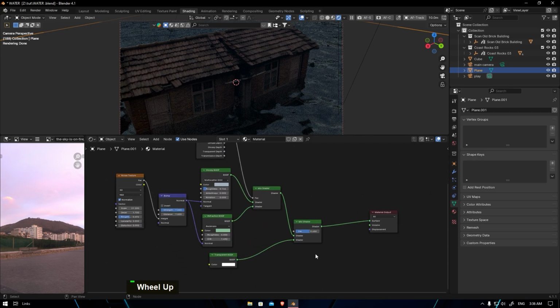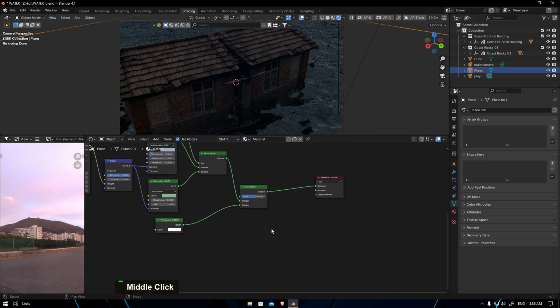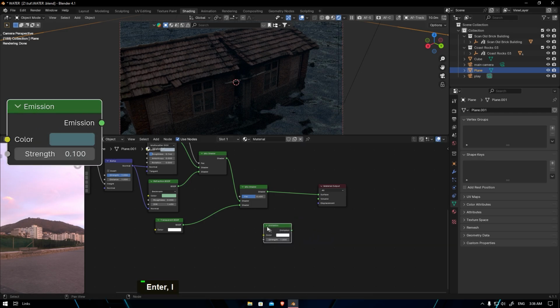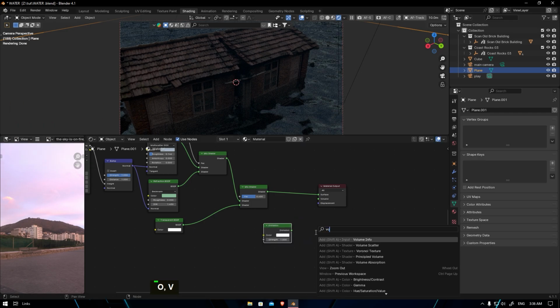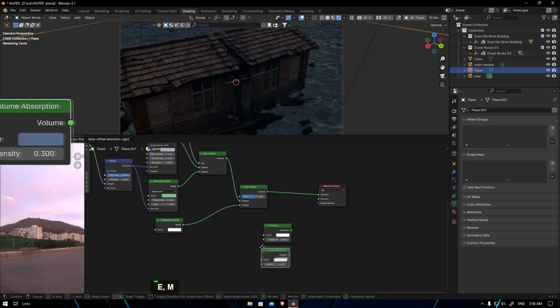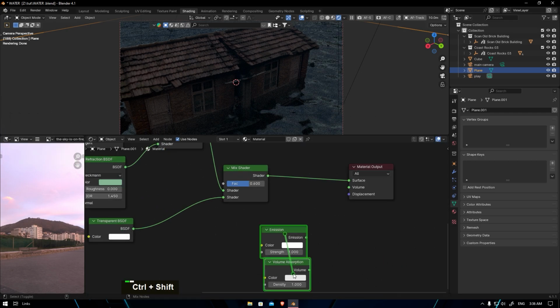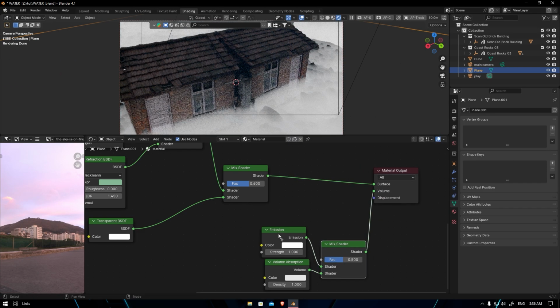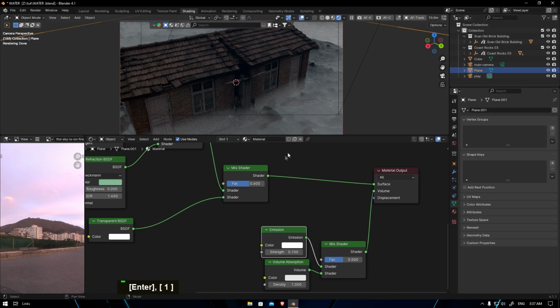So next, we're so close, we only need two more shaders to make a little volume here. The first one is going to be an emission shader here, and the second one is volume absorption here, and we're going to select them both and hit Control and Shift to make the mix shader. And this shader goes to the volume. And now we're going to go here. First we can lower this value. It's 0.1 or maybe more,